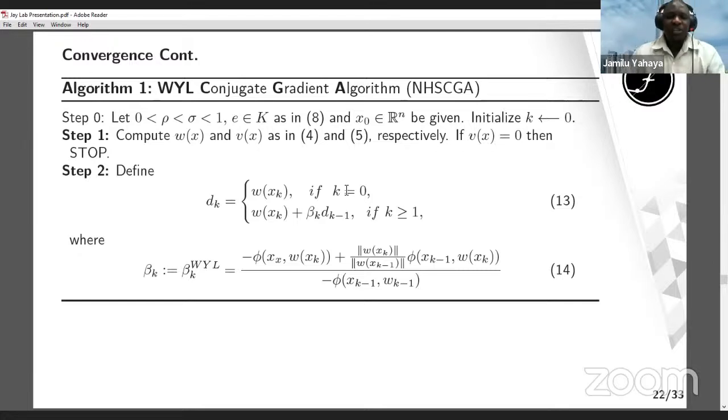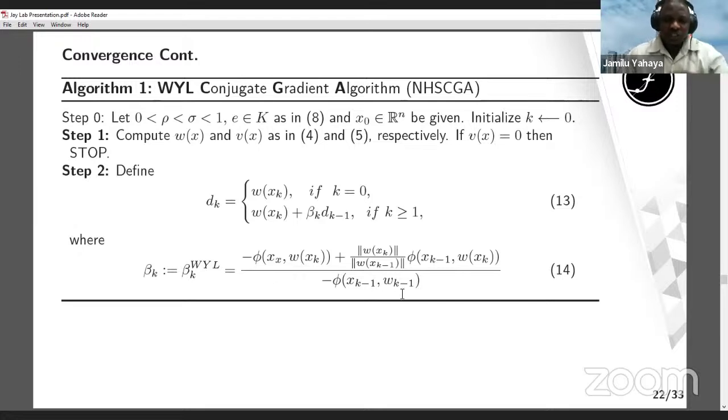This algorithm is a kind of PRP type, in which they introduced the norm of the gradient at the current iterate over the norm of the gradient at the previous iterate, at the numerator of the PRP. So they call it